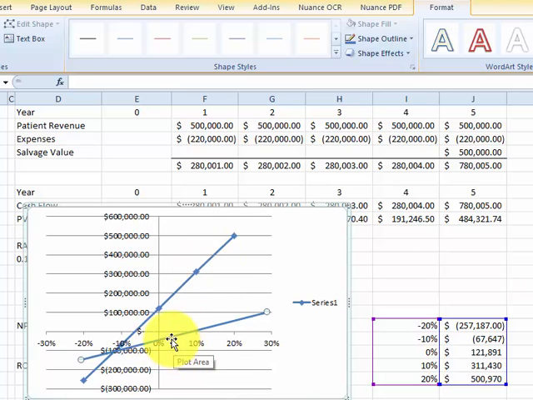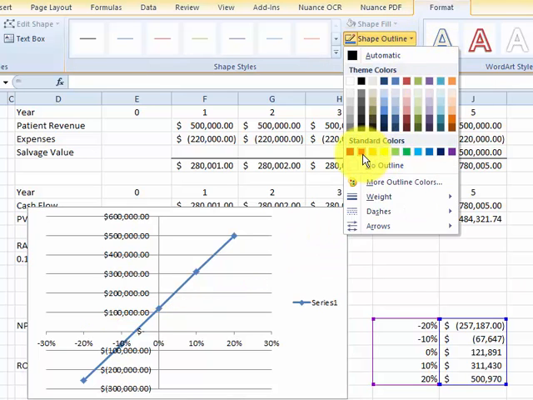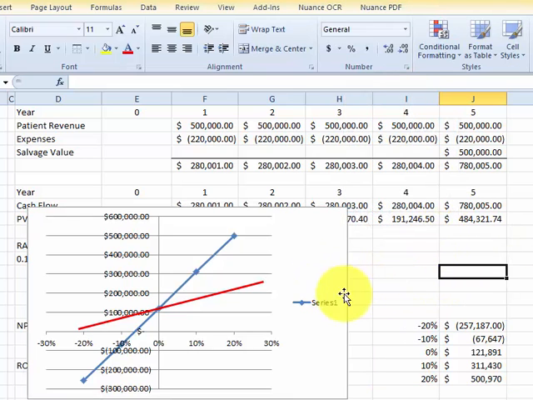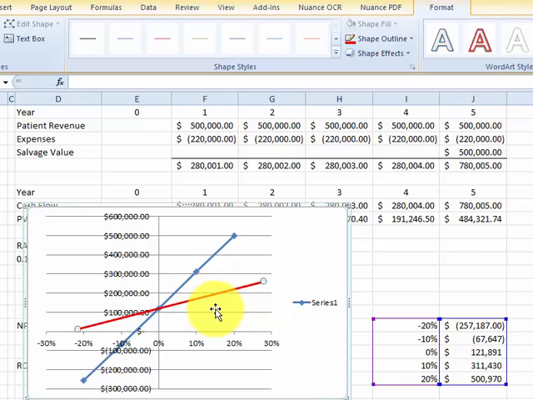Now, what if I'm going to shift this line here? What if you were looking at these two projects? Which one would you pick? Let me change the color on that so you guys can see. There you go, red. All right, so this one, for me, there wouldn't be a choice. I would obviously choose the red one because